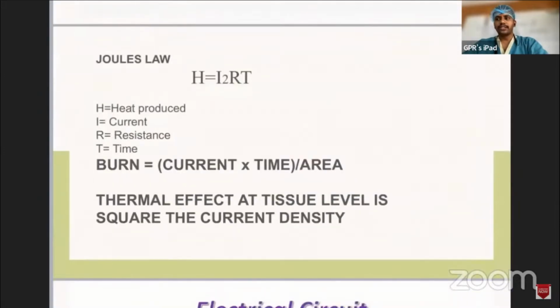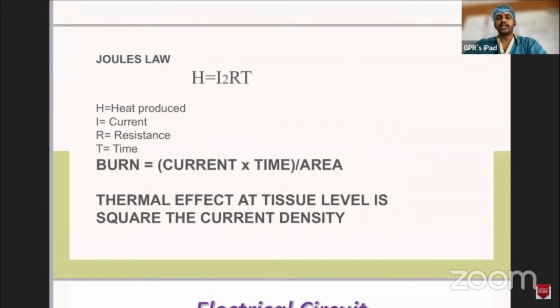To talk about what happens to the body tissue, we have to talk about Joule's law, which is the heat produced by the electric current. It is proportional to the square of the intensity of the current, as well as the resistance and the time duration for which the current flows. So whenever current travels from one part of the source to the other, it tends to produce some amount of dissipation. This dissipation could be heat, smoke, or anything else, which is nothing but a form of wastage.